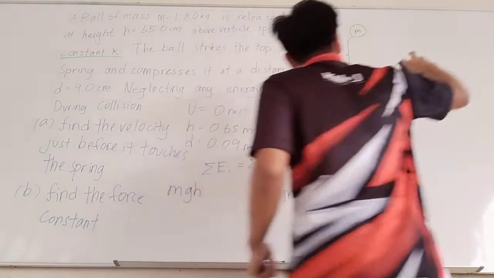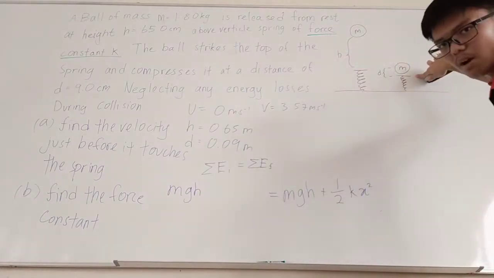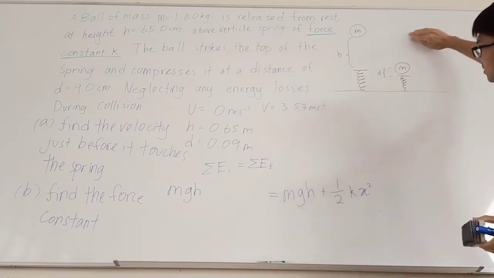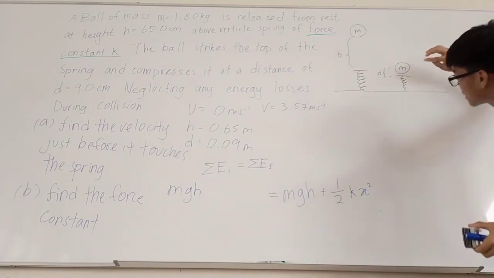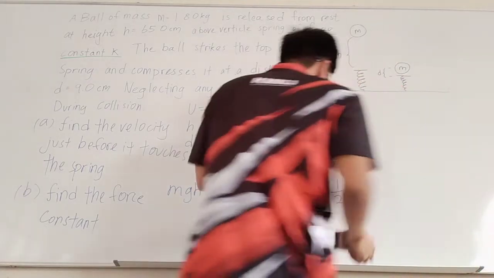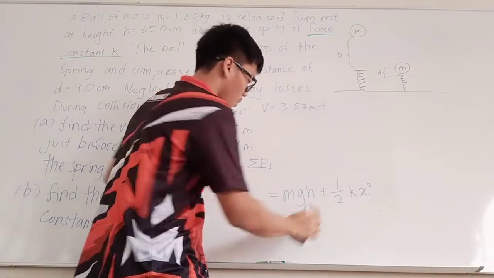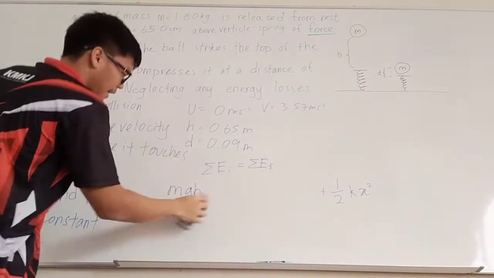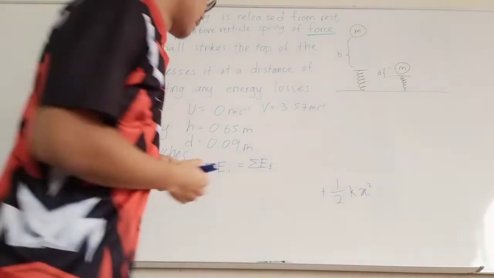And here it already touches the spring surface, which means there is no longer h, so we know the h here is going to be 0. So we know this can cancel. Now we have that and this. If we write it together, we will get